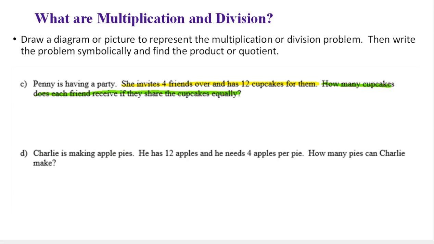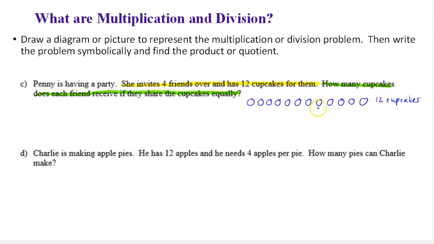So let's draw a picture of this problem. So she has 12 cupcakes. So let's draw those. Just going to make them circles. 1, 2, 3, 4, 5, 6, 7, 8, 9, 10, 11, 12. And she wants to share them equally with 4 friends. So notice we don't want to group these into 4s. That would be 4 cupcakes. We want to group these 12 cupcakes into 4 equal groups so that we can share them equally with the